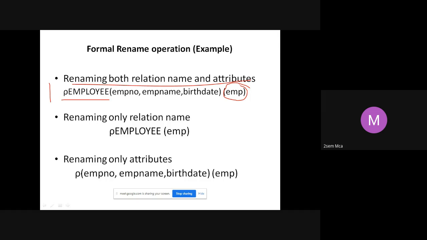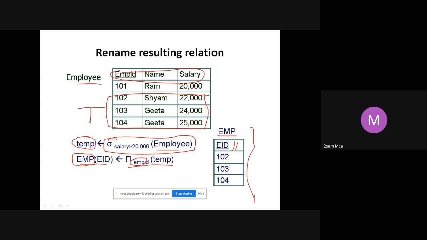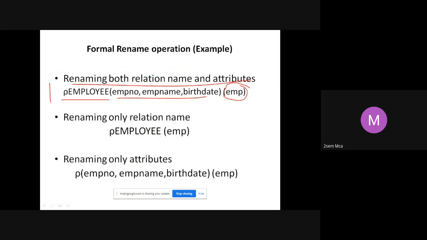Look at the way I have given it: rho, employee, and then in the end, after specifying the attributes, I am giving the new table name. I want the employee table to be renamed as EMP using the rho notation. And these are my attributes. If you look into the original table, I had EMP ID, name and salary. So I am giving here EMP number, EMP name and birth date.